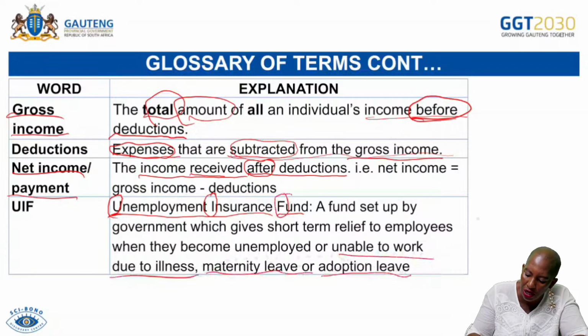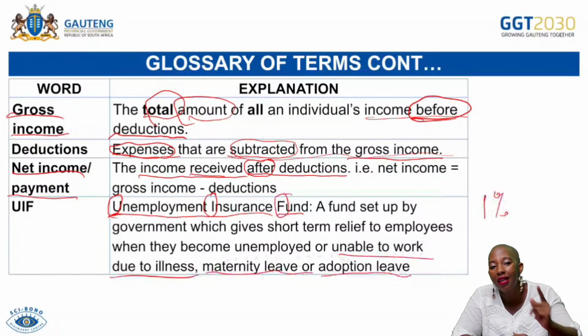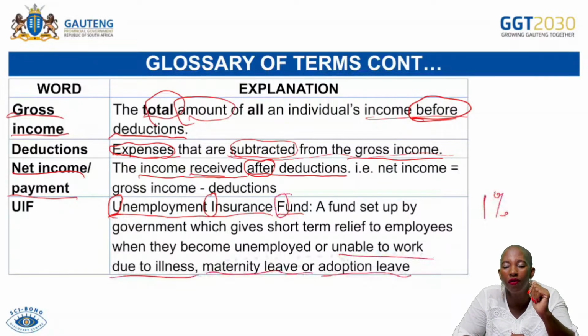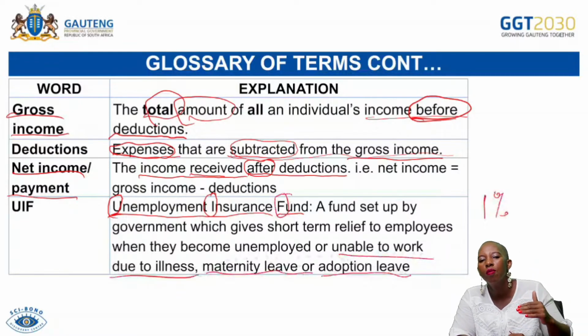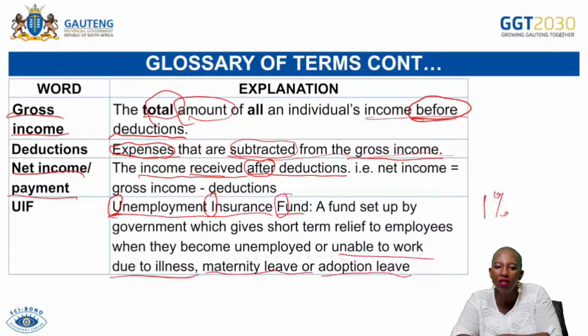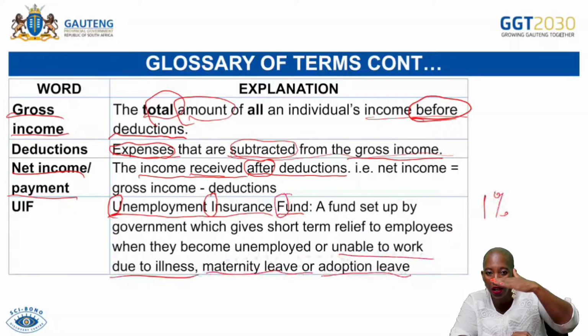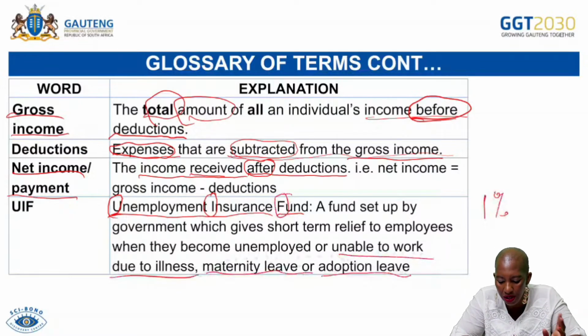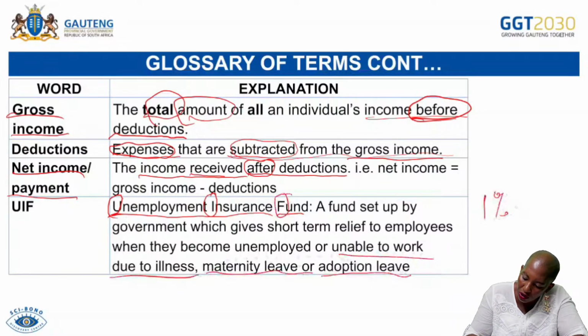And how much are we contributing? We are contributing 1% of our basic salary. But that 1% is limited to a value of 17,700 per annum, which is 177 per month. So they say it is a maximum, a ceiling. So it means that if you are earning more than 17,000, they can't take more. If you are earning 18,000, 19,000, they can't be taking more than that. They will only end at 17,000, and then the employer will contribute 1%,